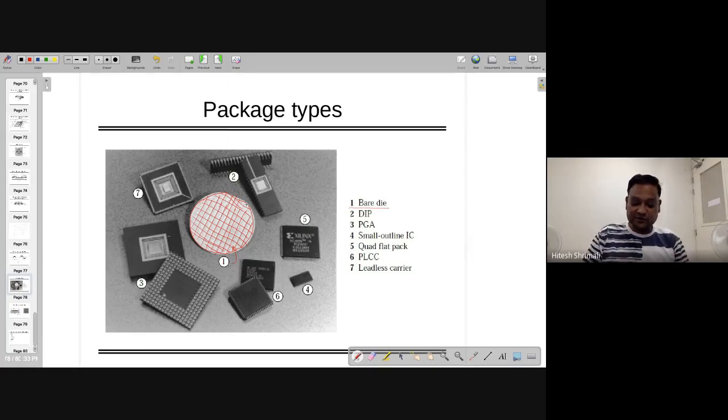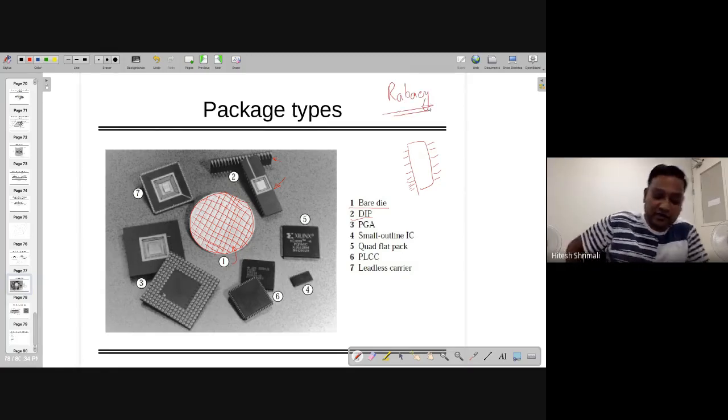Okay. So this is the first one. Second one is dual in-line package. So dual in-line package actually has both side pins. You must have used many ICs like this till now, where both side things are there. Here you can see, here and here. By the way, this image and other diagrams have been taken from the book which I told already. It's Razavi.